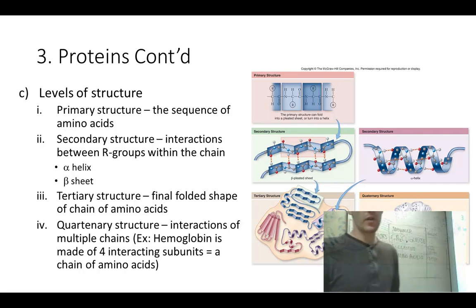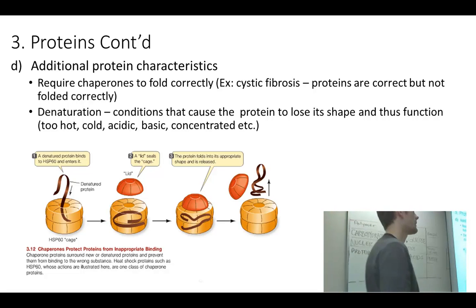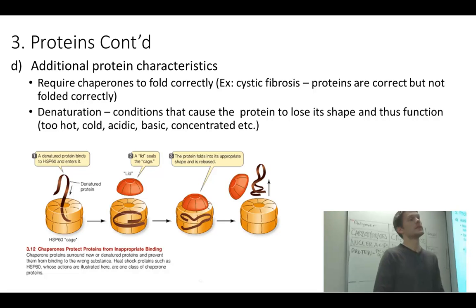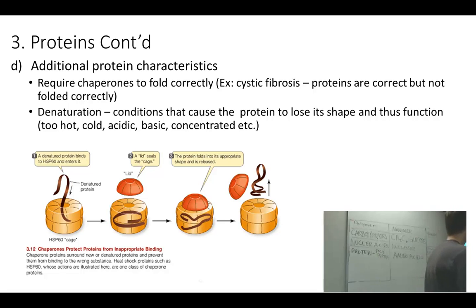Good? Okay, so in addition to the sequence of amino acids giving the proteins their structure, they also need to be folded in a specific way. So even in order to make those,